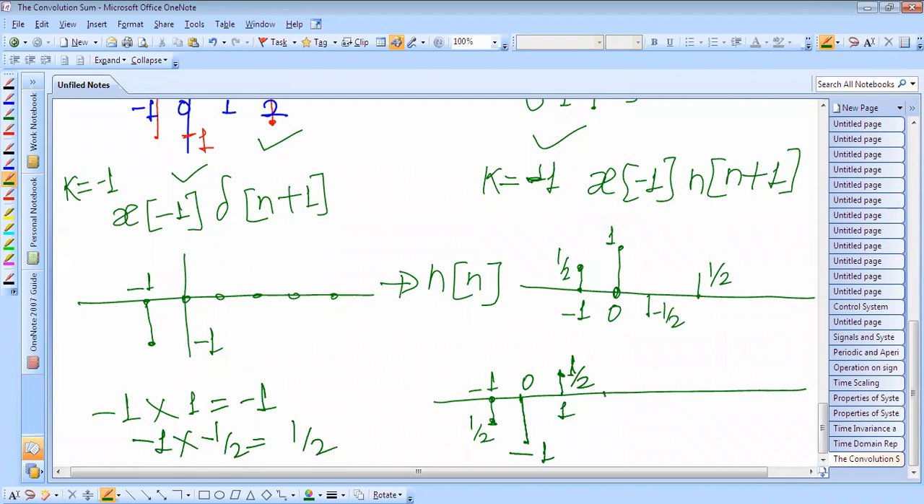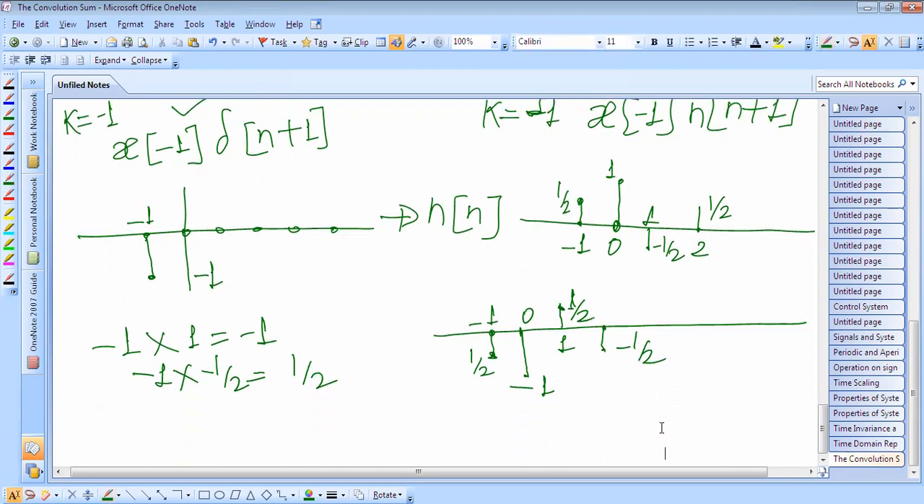So at 2, what is the value? This is 1, this is 2. So at 2, this value is half. Half is added with minus 1. What will you get? You will get minus half. So this will be the minus half. Okay, so are you getting? So in this way we have to find the individual